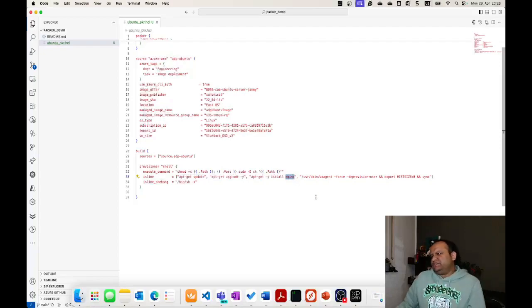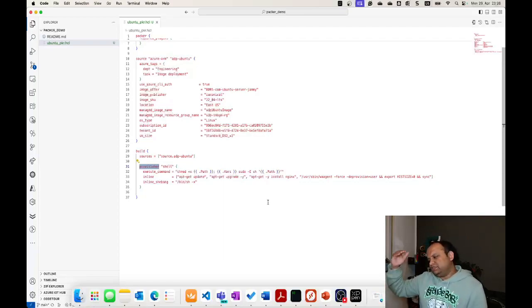So we are just giving a very simple example over here. Here you can have your custom bash shell script or custom commands that you can run, and you even have other provisioners like Ansible, where you can provide an Ansible playbook which will run after the VM has been